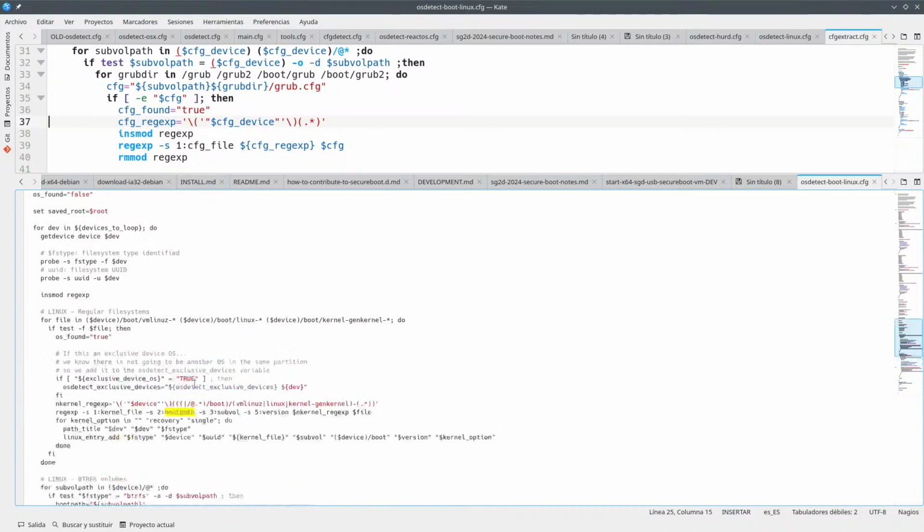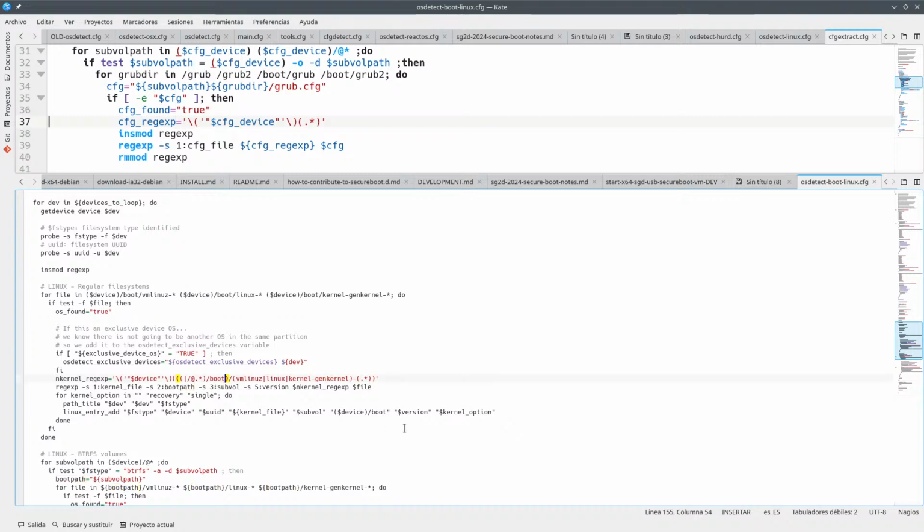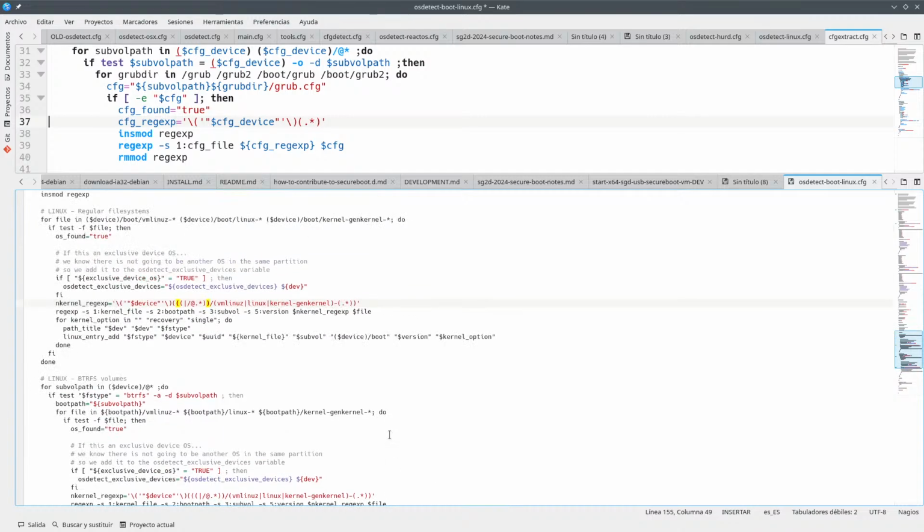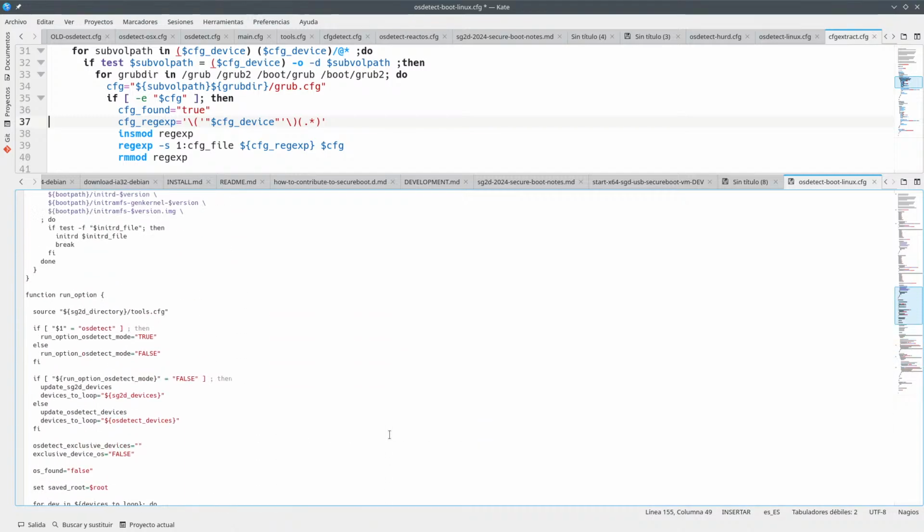Wait a moment, we need to remove this boot/boot thing from here so that it goes directly into the other one. The problem is that we are missing the slash at the very right. So if we are missing the slash,